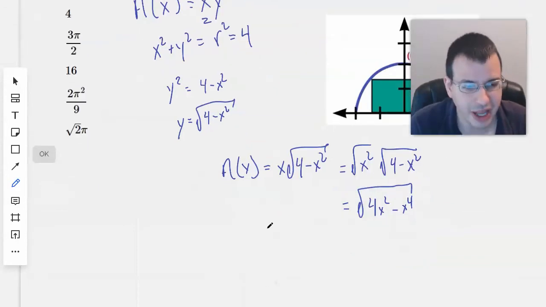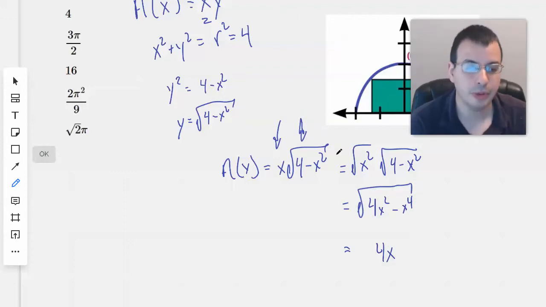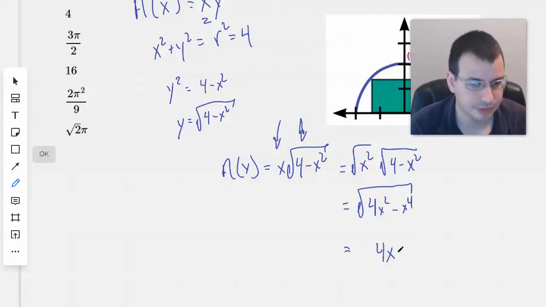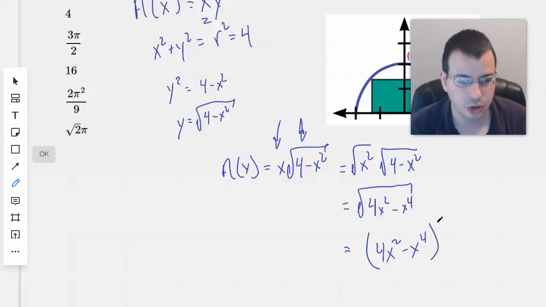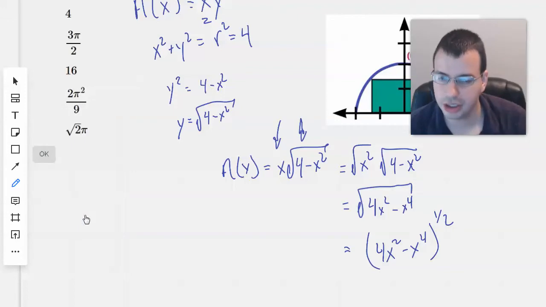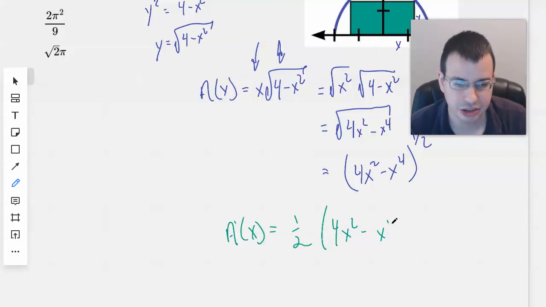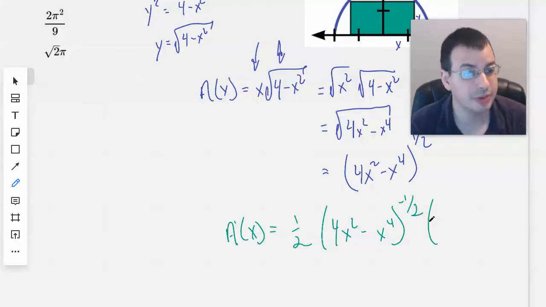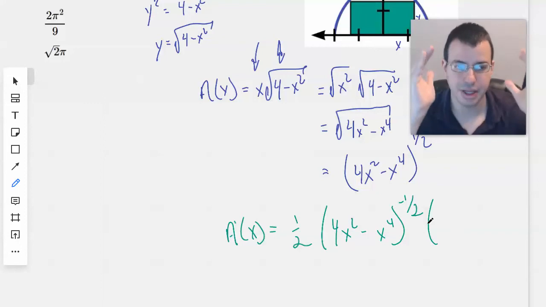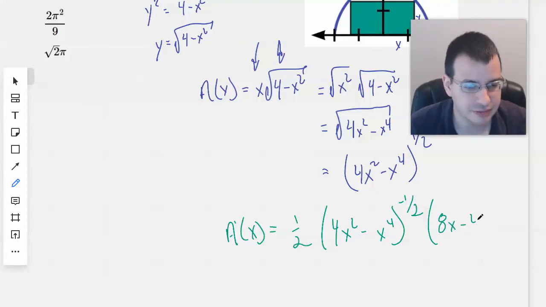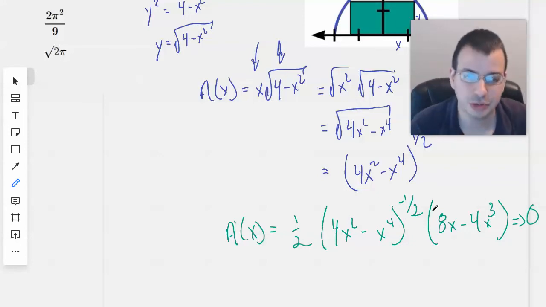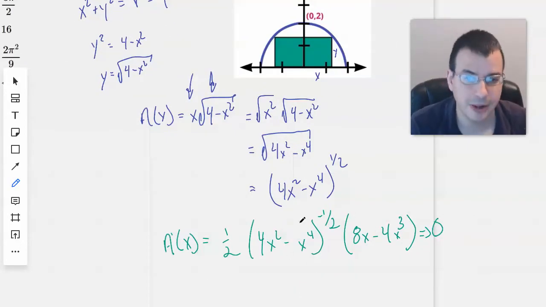Okay? Now we didn't have to do that to take the derivative. We could have just looked at this and been like, all right, product rule. But what I did is I basically just cut a step out. So minus x to the 4th to the 1/2. Okay. Let's go to green. So A prime of x will be 1/2 times 4x squared minus x to the 4th to the negative 1/2 times, now we're going to have to do the chain rule, which will be the derivative of the interior. So we'll have 8x minus 4x cubed, which we'll set equal to 0. And the idea is when we set the derivative equal to 0, we're finding maximums and minimums. And this is how we're going to optimize